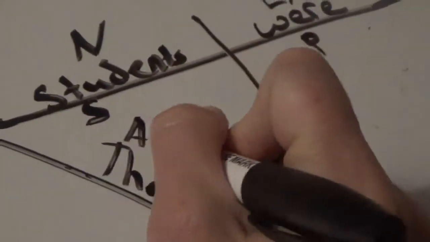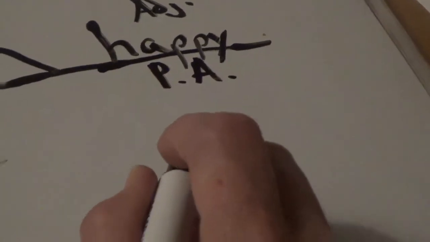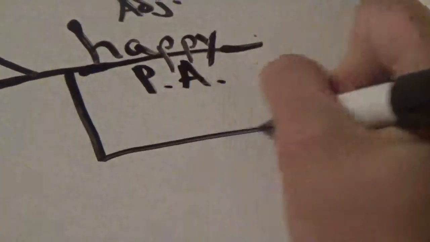The students, the is an adjective. We're happy, and happy is a predicate adjective, and then we have about the field trip. And remember, the words of a prepositional phrase work together to modify something, and in this case, it's modifying happy, right? They were happy about the field trip, so we're going to put about, so preposition,